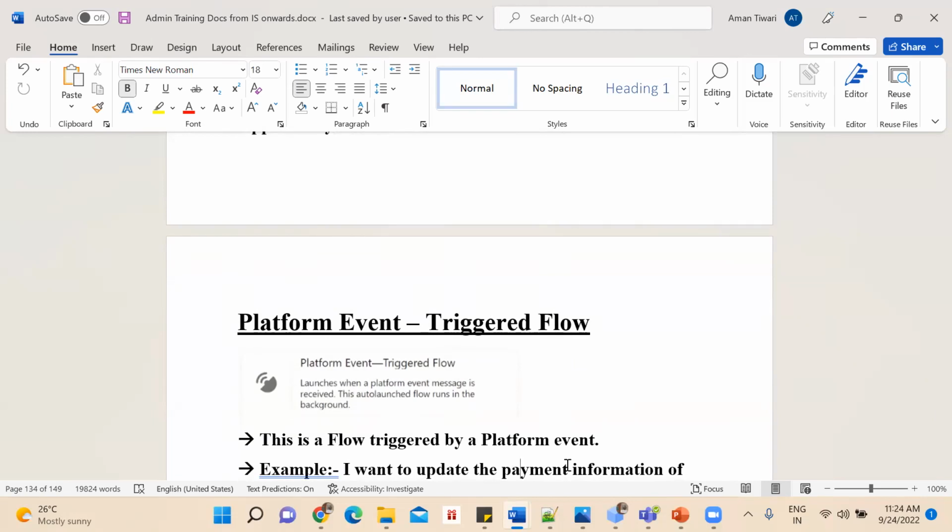I'll take a very basic example, because Big Billion Days are going on at Flipkart. We'll take an example of Flipkart. You see a product, then you click on add to cart, and after that you click on buy now, right? When you click on buy now, a payment gateway comes into the picture. You get an option to go for UPI, card transactions, or net banking.